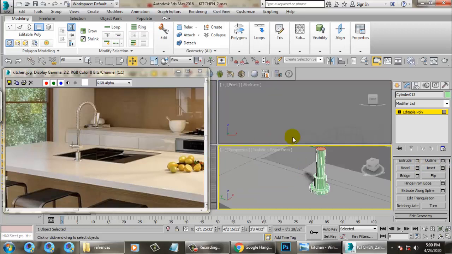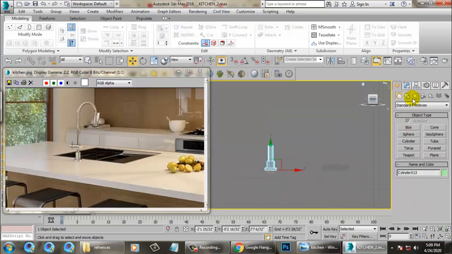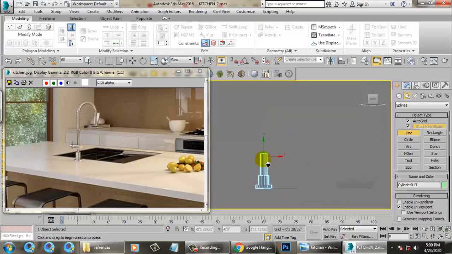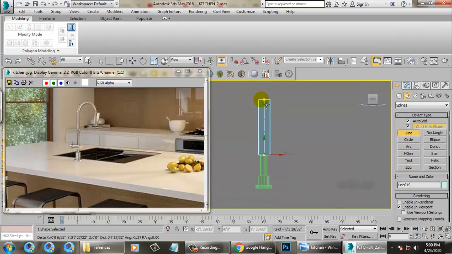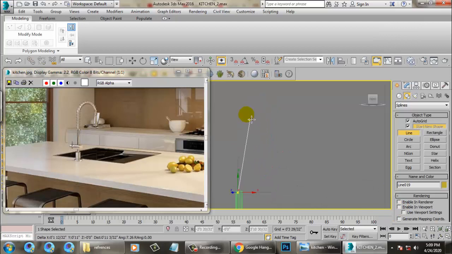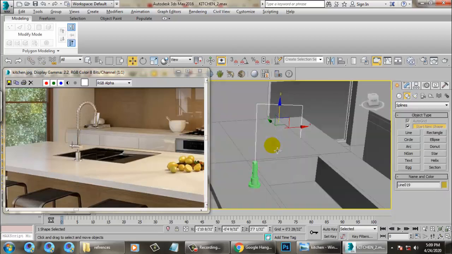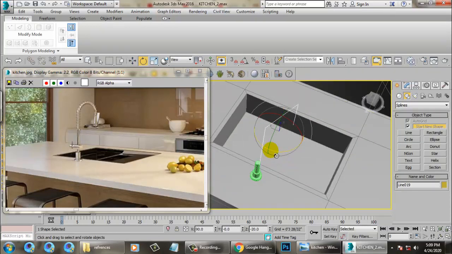Now I'll take a line tool over here. Before taking the line tool, I turn off the enable in viewport option. I'll put it in this way, and just rotate it.